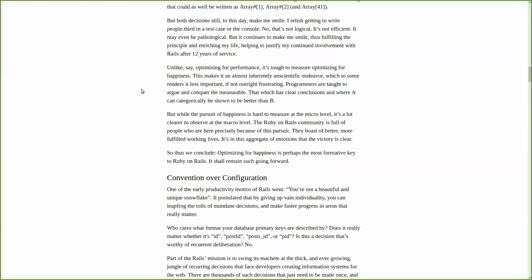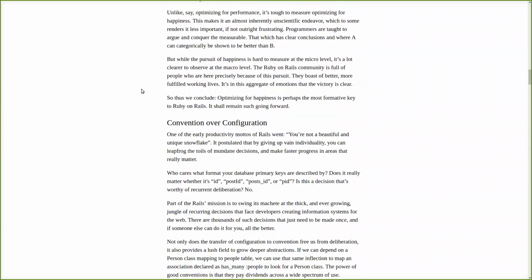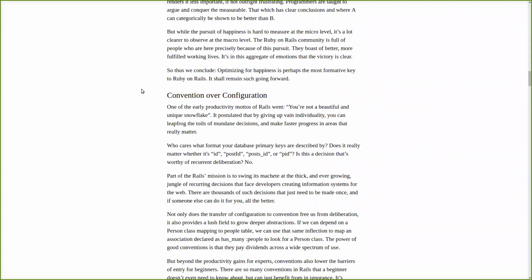It's an unscientific endeavor, but it can be outright frustrating too. And as programmers, we're taught to conquer things that are measurable, so it's one of those hard things to even figure out how to do. But it is easy to measure in the grand scheme of things, and that comes from the Ruby on Rails community. As you meet more people who are in it and have been in it,